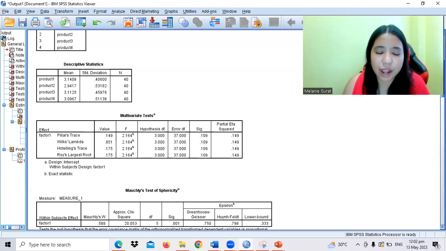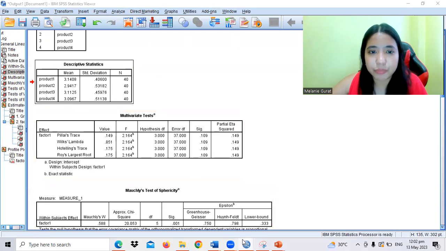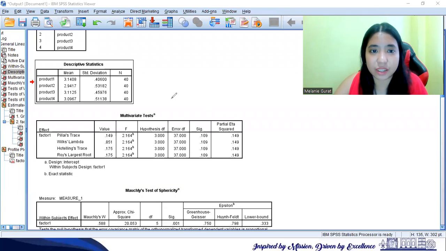So for example, for our concern on normality, our data is normally distributed by the central limit theorem because our data is at least numerical. And our n, as presented here, is equal to 40. As mentioned in the central limit theorem, if our sample size is at least 30, then it approaches normal.